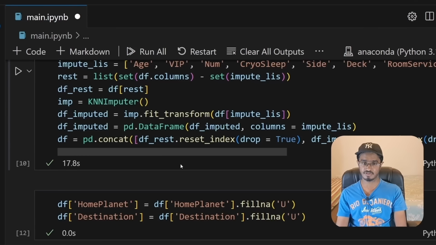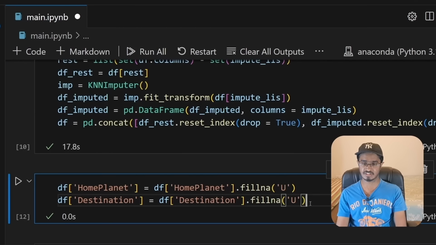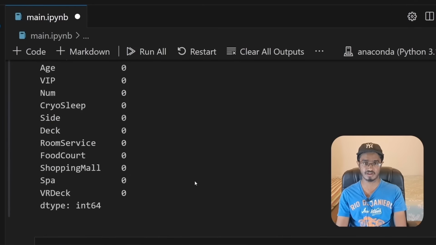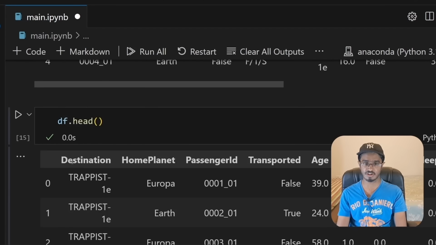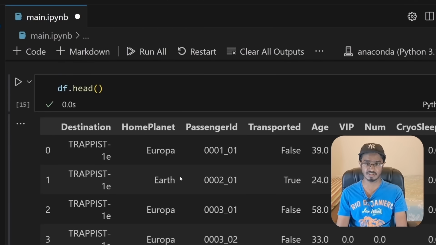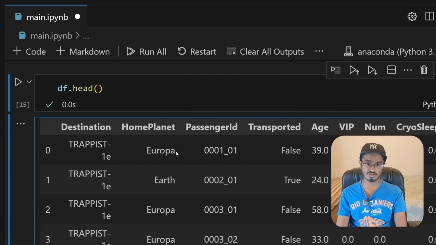So as we filled all of these none values, we are still not left with numbers for these 2 columns. As we look at the data frame head, let's go over here and type it out. Now, as we see, this destination column is still object and this home planet is still object. Again, passenger ID is not something that we're worried about. So what I can do is